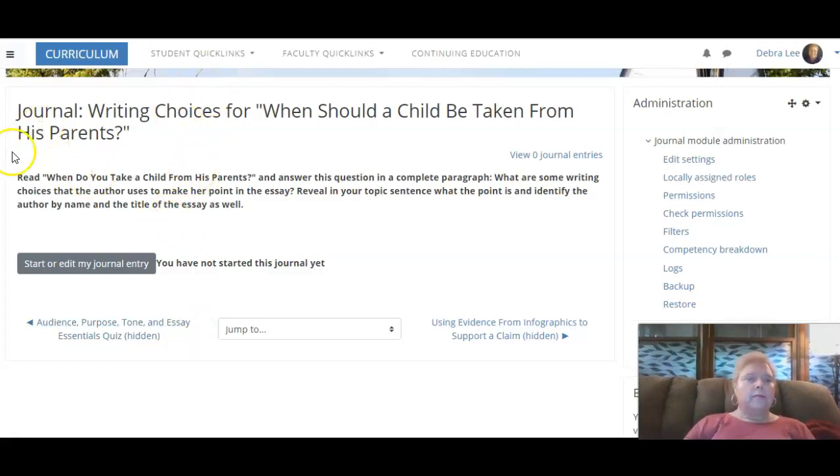How do you do it? First of all, let's look at the question. Read, "When should a child be taken from his parents?" and answer this question in a complete paragraph. You're going to have some information about complete paragraphs in the assignment for this week, the readings and the presentations. We want a topic sentence, and we want to give supporting details to make a complete paragraph. So what are some writing choices that the author uses to make her point in the essay? Reveal in your topic sentence what the point is, and identify the author by name and the title of the essay as well. So you would start with something like